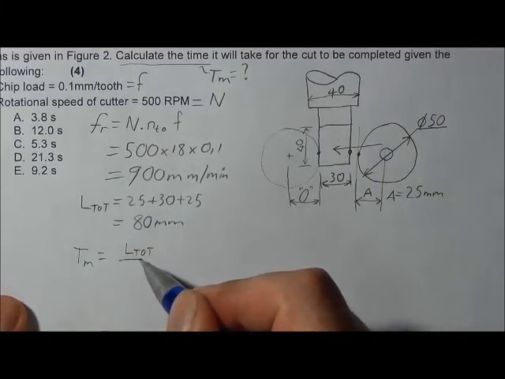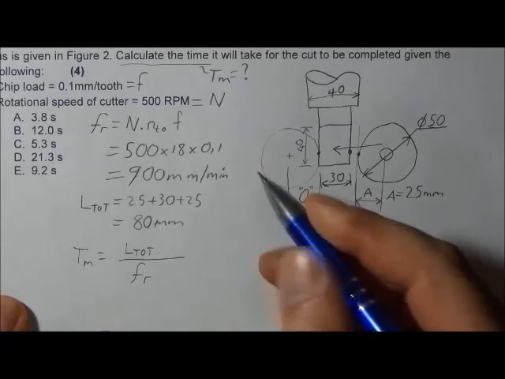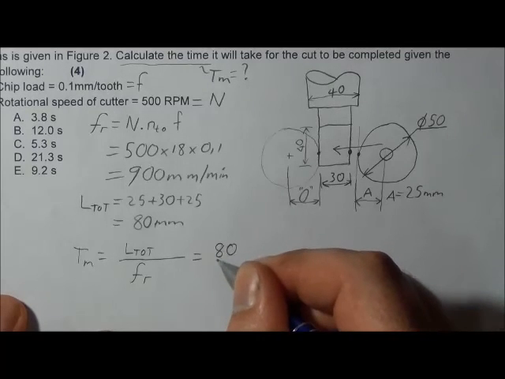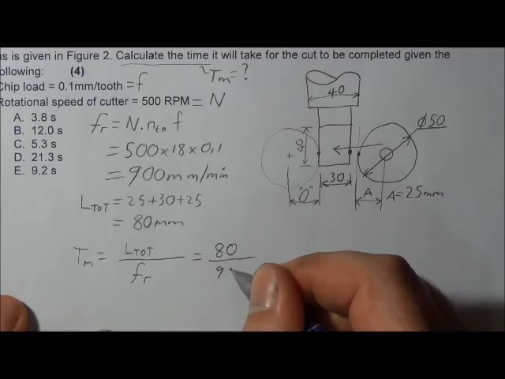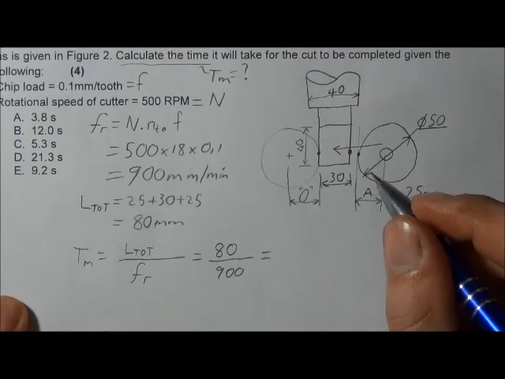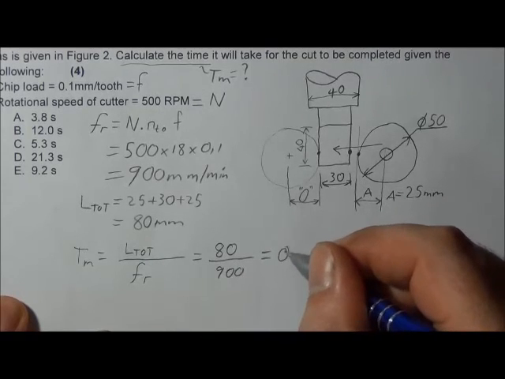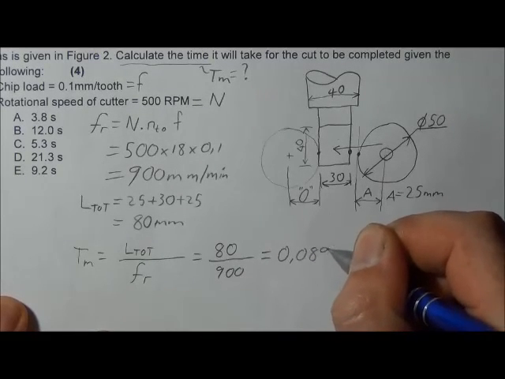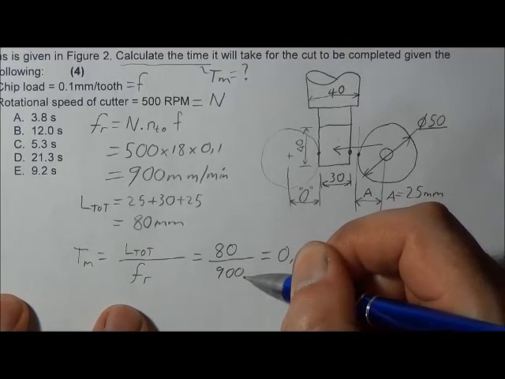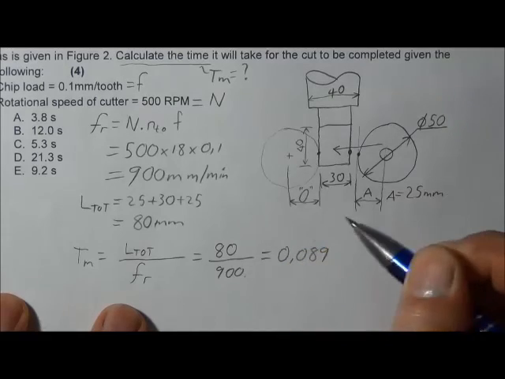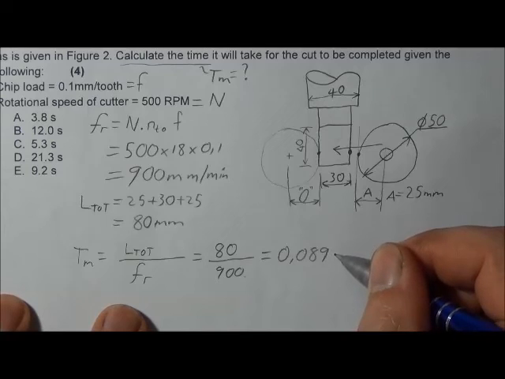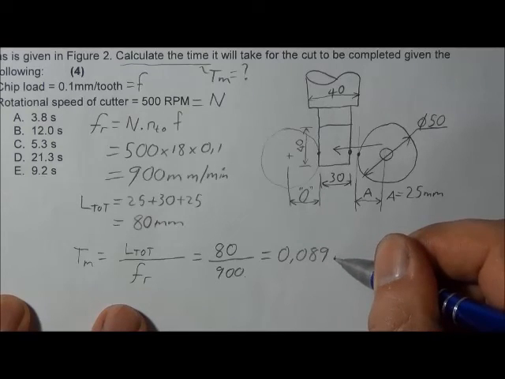So now the time equation is the total length we have to travel divided by the feed rate, which is then 80 divided by 900, which gives us 0.089. This was millimeters, this was millimeters per minute. So this answer is then 0.089